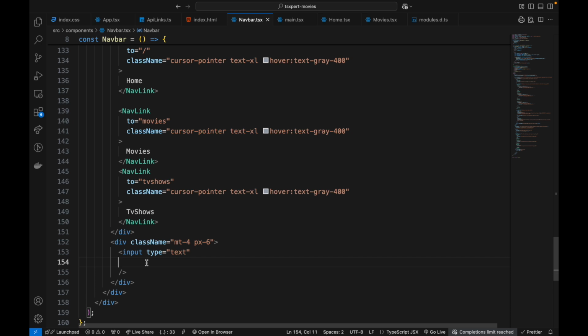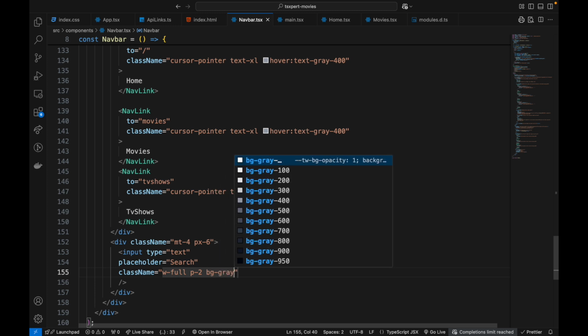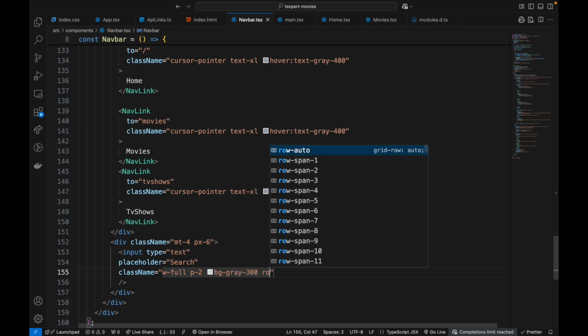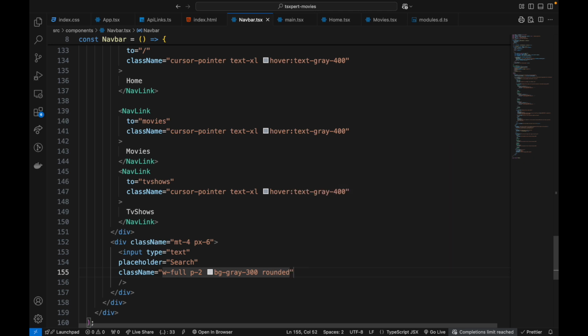When we implement the search functionality, then we're gonna come back here again and work on these inputs as well. So right now, just placeholder, again search, and let's have a class name with width full, padding 2, background gray 300, rounded all, actually rounded full,